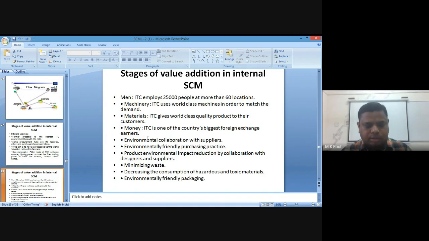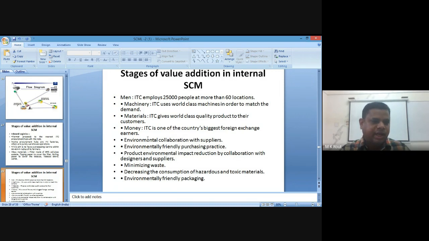The last one, sorry, they are basically focused on environment friendly packaging. As you know, in case of most ITC products, they are using single-use plastics for package units, and if you use their particular product, that should be easily biodegradable after consuming it. Or in some cases they are using Tetra Packs, or paper cardboard, or in some products they basically use paper wrappers. So these are basically used in case of environment friendly packaging.